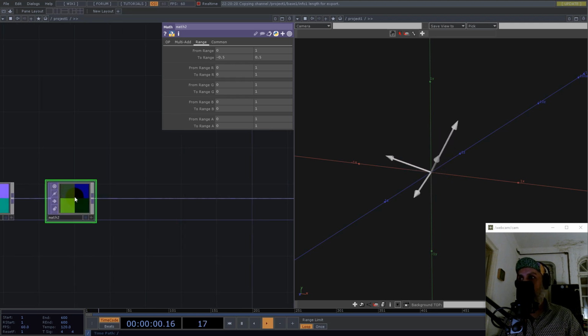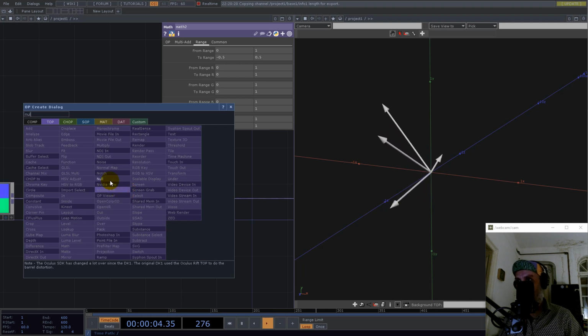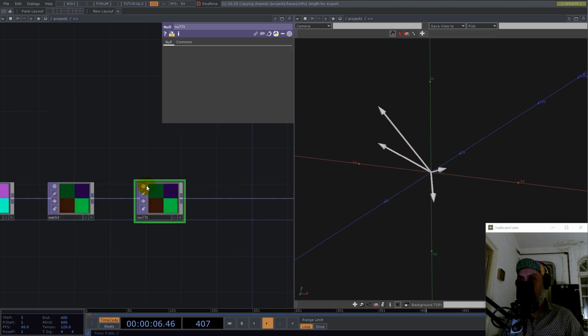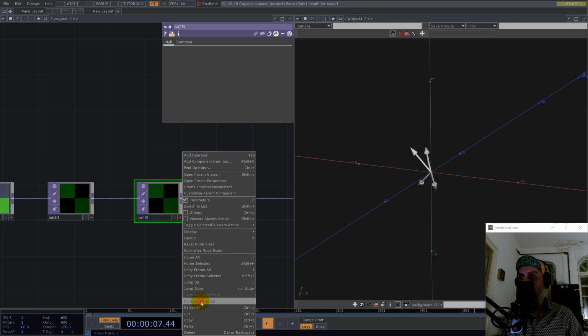So let's use a null here, since maybe you need to normalize some other values, and so you have a component here, and we collapse selected,